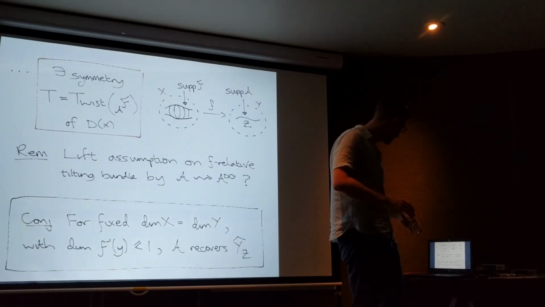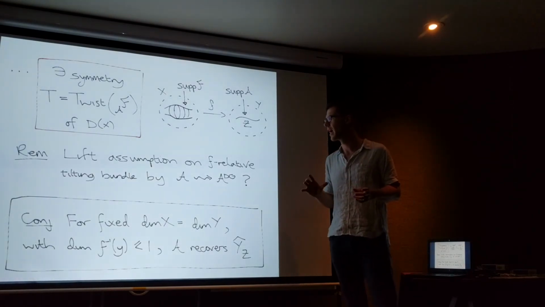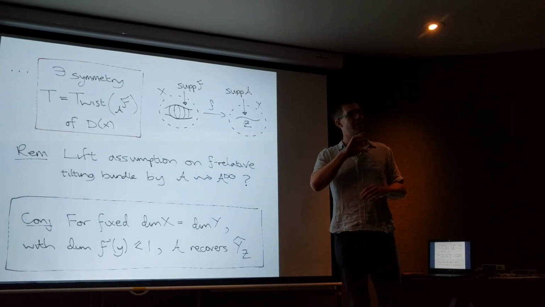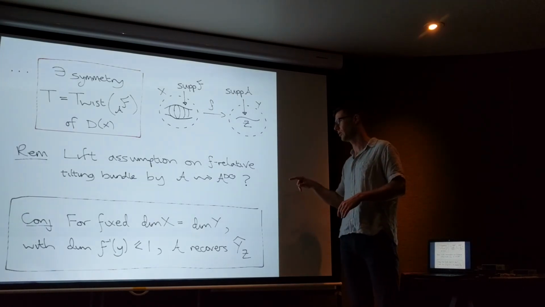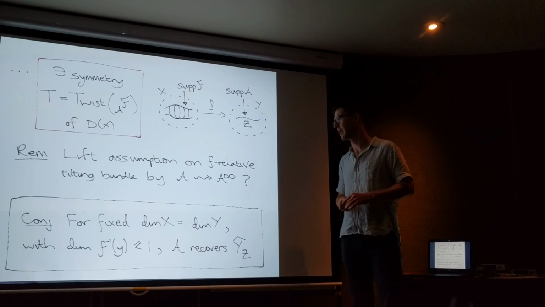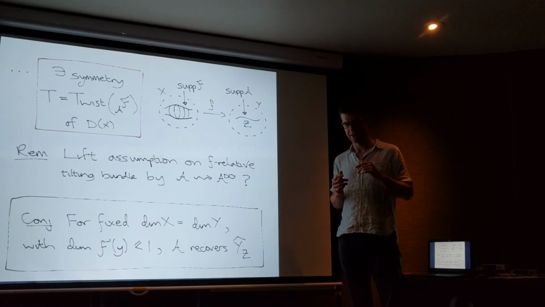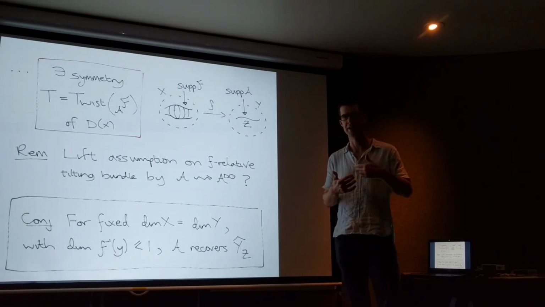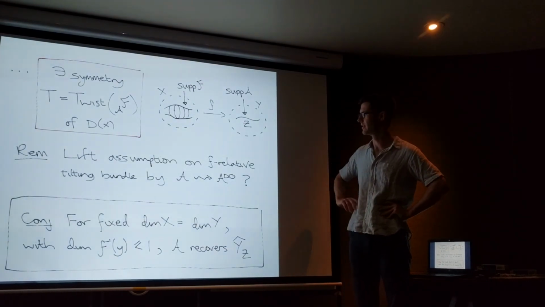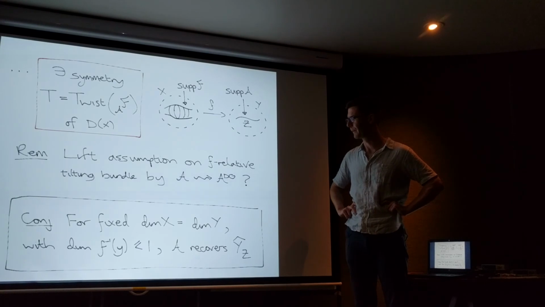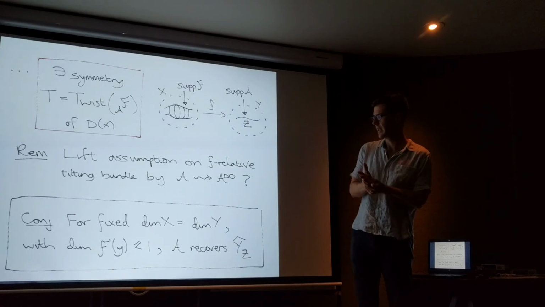Now, last slides. It's tempting to speculate that it would be possible to lift this assumption on having a tilting bundle by working in the DG world somehow. If I took a generator of the derived category, possibly with higher endomorphisms, then I could produce a DG version of this sheaf of algebras A, and then do the same construction. That would be very interesting to me.